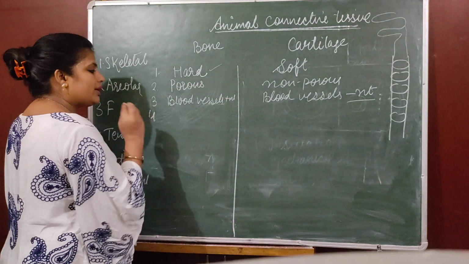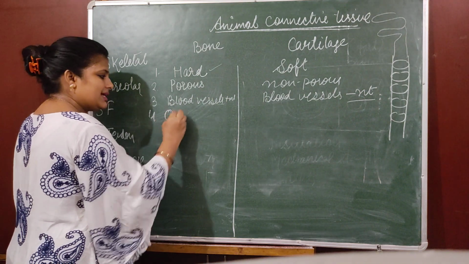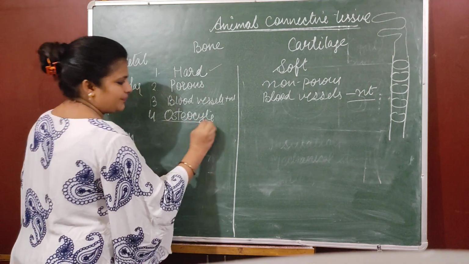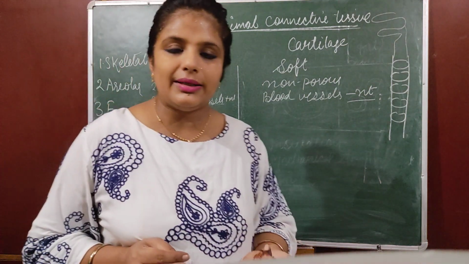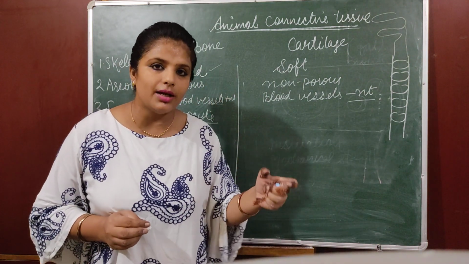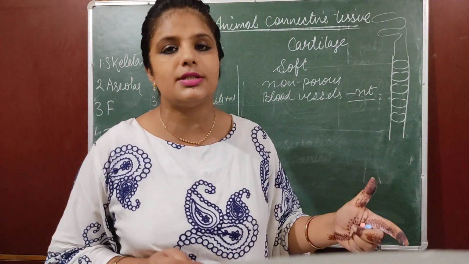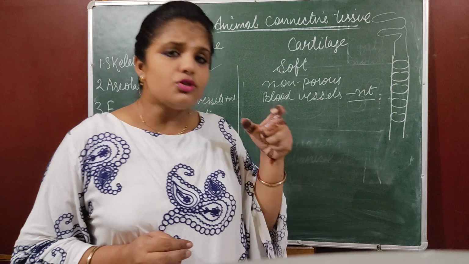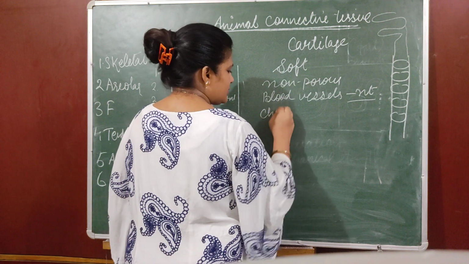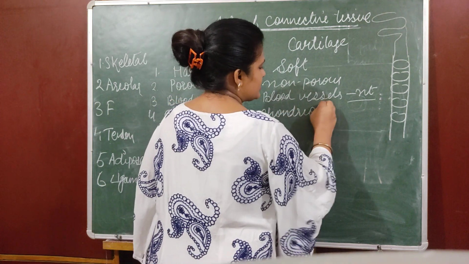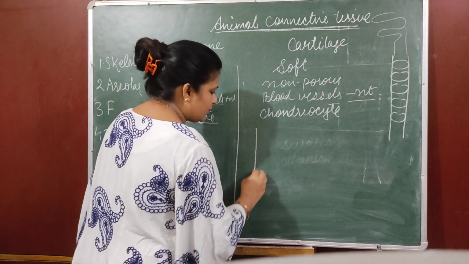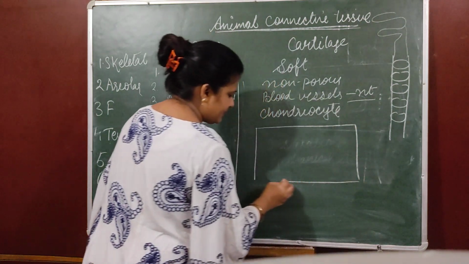The next one is, bone is made up of a tissue whose cells are known as osteocytes. See, it is easy to learn. Osteoporosis, you might have heard this disease in 6th, 7th and 8th standard. This is a disease related to the bone. Osteomalacia is also a disease of bone. So the word osteo is related to bone, and cartilage is made up of cells known as chondrocytes. Okay, now let's understand the diagram of cartilage, how they are arranged.